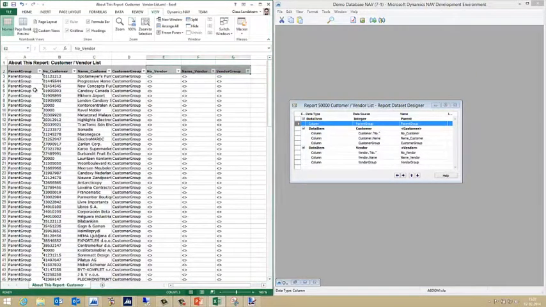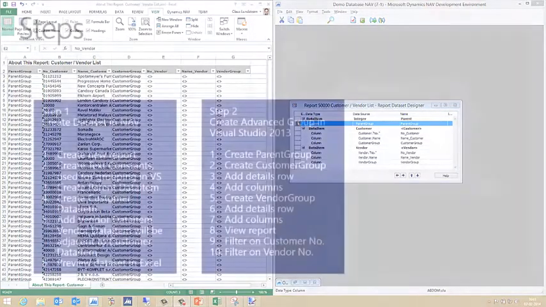Having data items on the same indentation level in NAV is very common, and in the past when designing the layout in Visual Studio, multiple tablixes would have been used to view both the customers and vendors. But with this approach, you are required to place many elements in the page header, but this is not necessary. As I said in the beginning, the objective of this video is to have everything in one tablix. So let's go and create the layout.